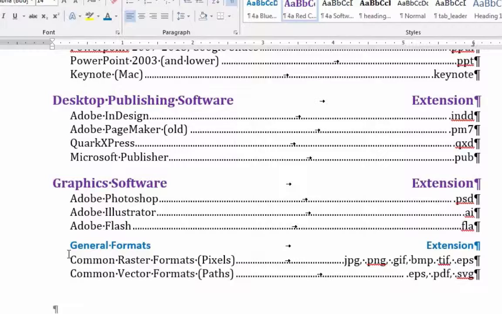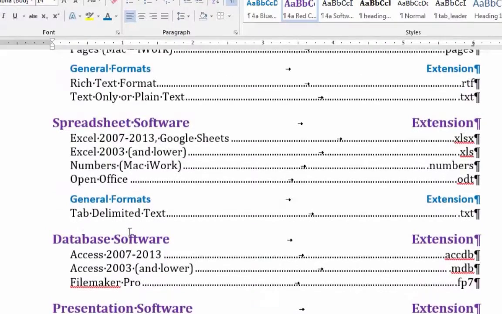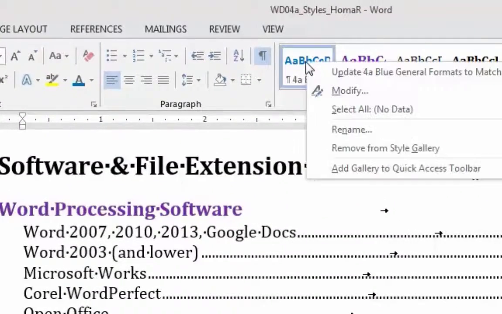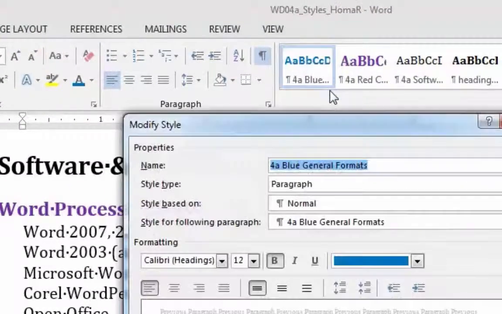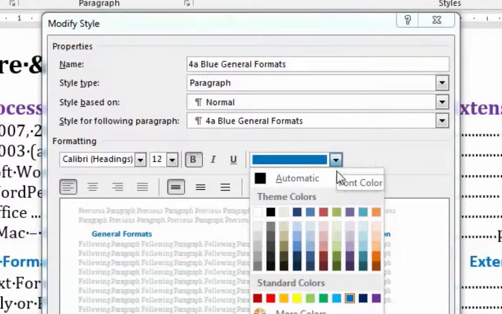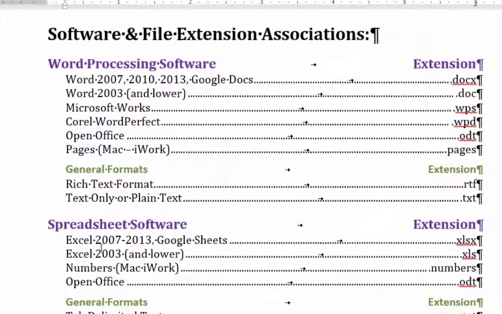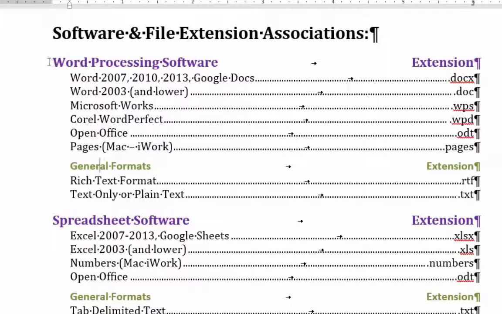And you could do that with any kind of spacing in it. You can add spacing in software extensions if you wanted these spread out. You can move where the tab is on all these, and you only have to do it one time. Right click up here, you get a modify option, and then the same thing pops up. If you want to change this to green, and you could change the name, or maybe just get rid of the name, because if you're not sure you're going to keep it blue, then get rid of the name. And I'll call it, now I changed the style name, but I also changed the color here, and I'll hit OK. Now all the general formats are in that green color. These are in the purple color. If you want to change the font, if you want to change spacing, indents, tab, any of that,